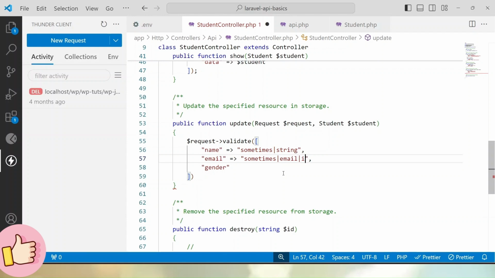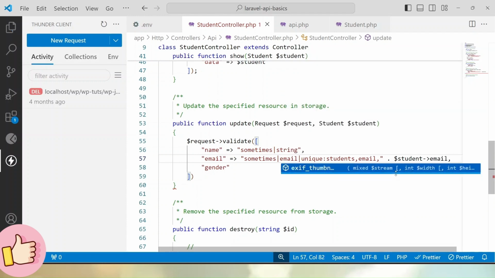Then after unique, the table name will be called students, the column name we have called email. And also, the email we pass while updating, remember, we only have to update with that student ID. So here we have to add one more parameter, that is the table name, column name, and the value. For the value, I will concatenate with this student object,